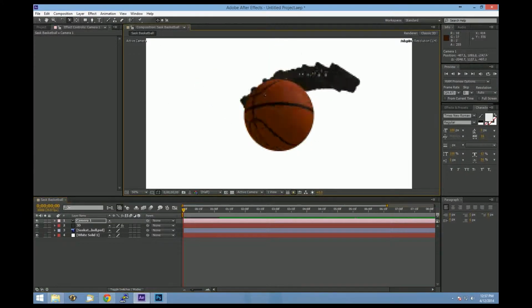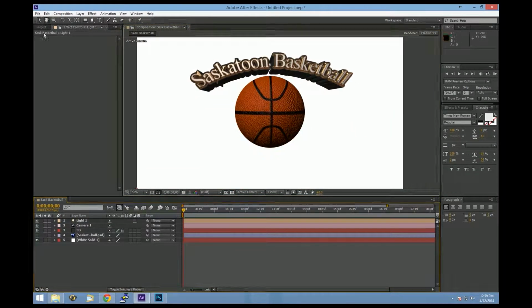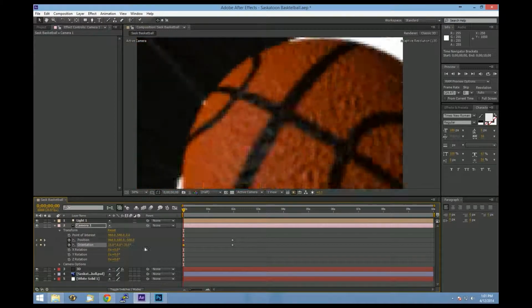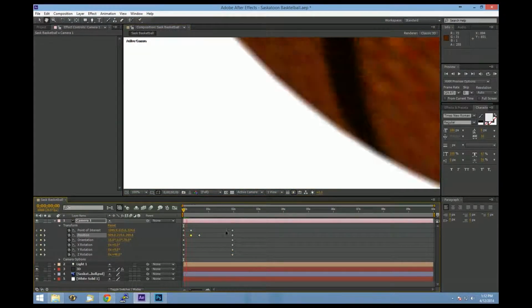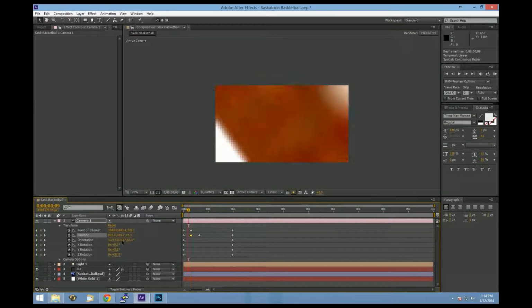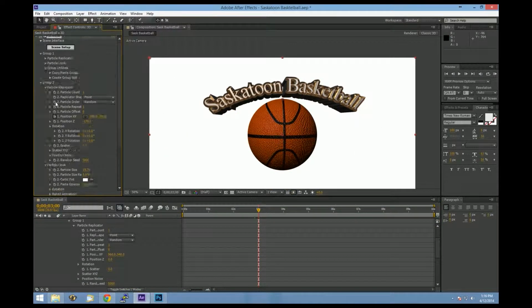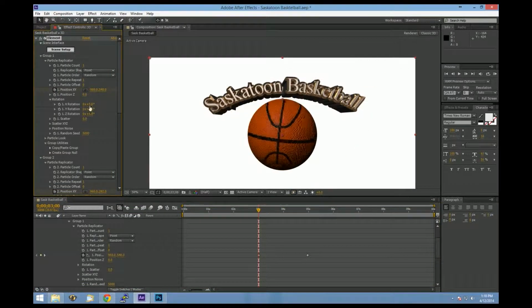And then I put a light over it because it's nice to have some differential lighting, so you've got some dark spots. And then I made a camera to move through it so it would look like it was zooming in, but it's the camera moving out. And it took a long time to get the camera to go between the text and the basketball. And then once I got that right, which I really sped up for you because it was boring,